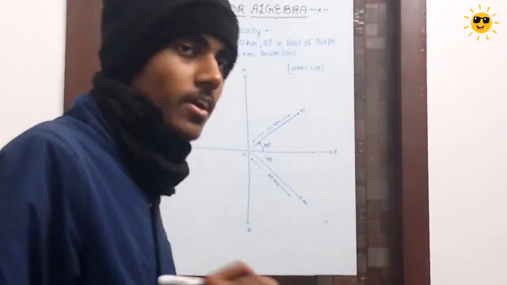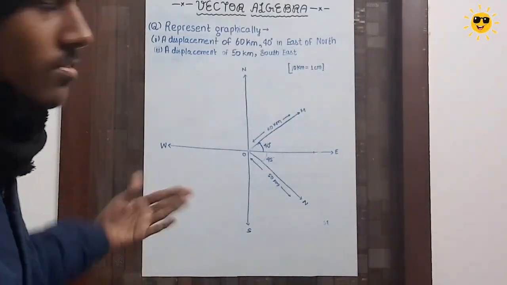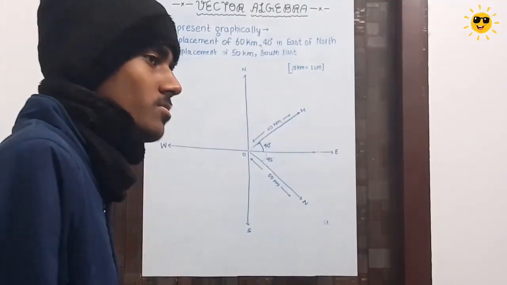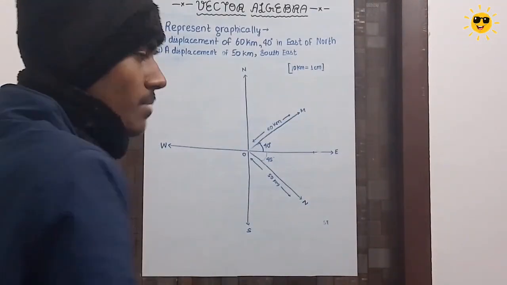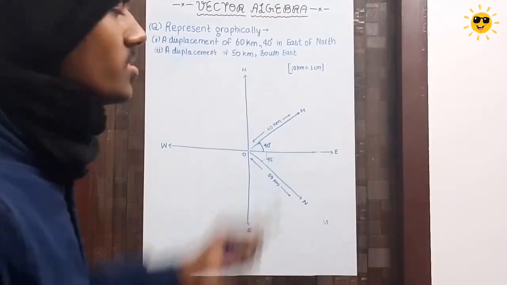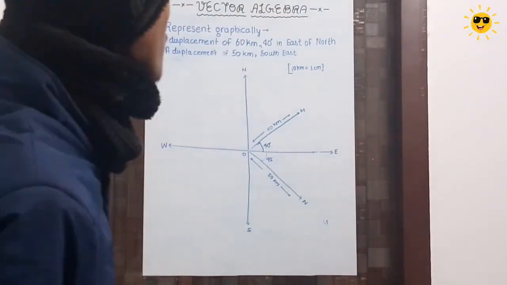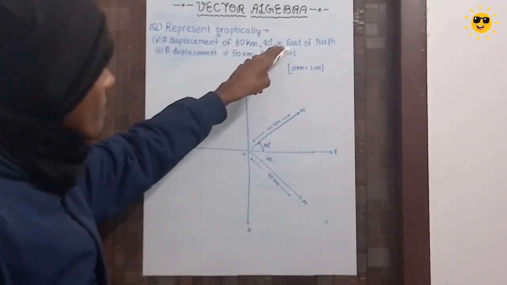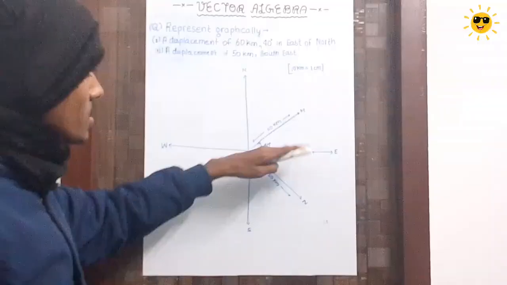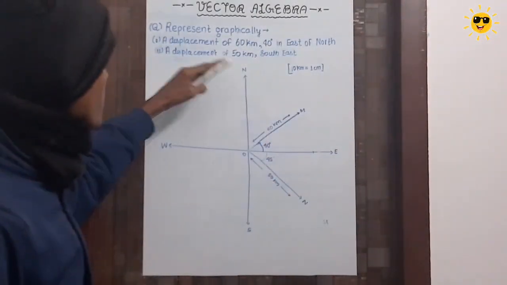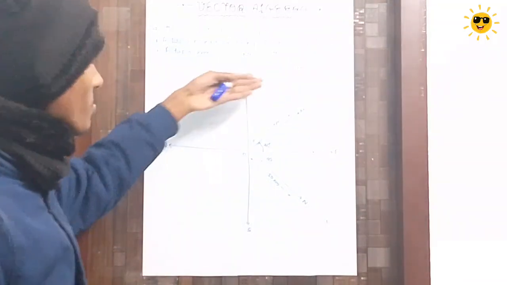We were given vectors to represent graphically. 60 kilometers and 50 kilometers are not practically applicable to represent on a small plane surface like this, so we have to scale down a little bit. We have taken a scale of 10 kilometers equals 1 centimeter, which means we have to represent 6 centimeters of a vector on the plane. So we drew the graph, drew the line, and followed the question: 40 degrees east of north, in the northeast, with 40 degrees with respect to the x-axis. The second question was the same, 50 kilometers southeast,